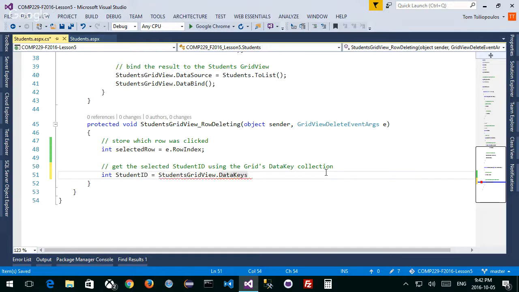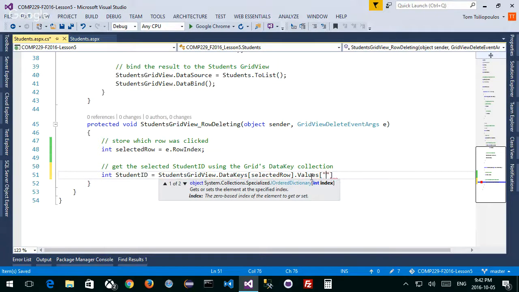The data key I want to look at is the SelectedRow. Here's my selected row. So I'm saying, take a look at the selected row, which I've just got from the row that I clicked. This is what I made right here. I want to get the values from the selected row based on the student ID.